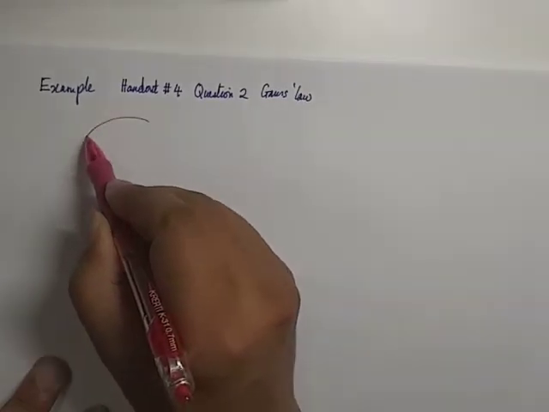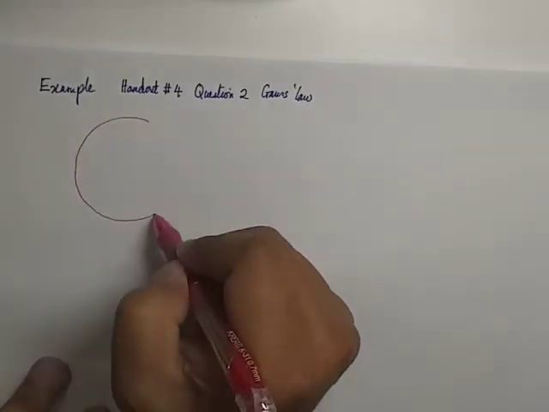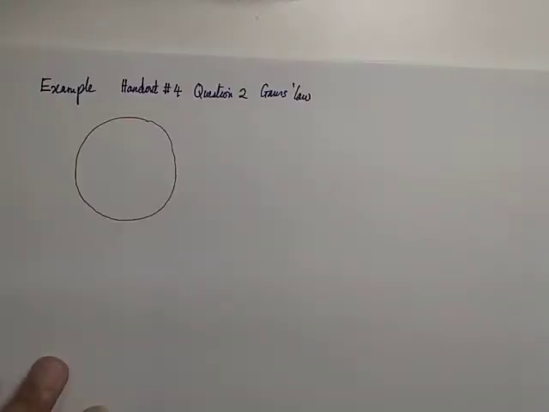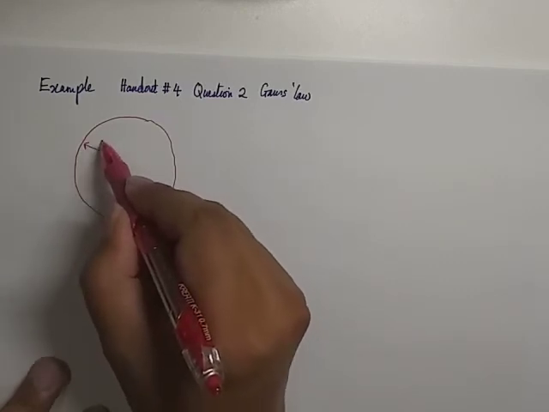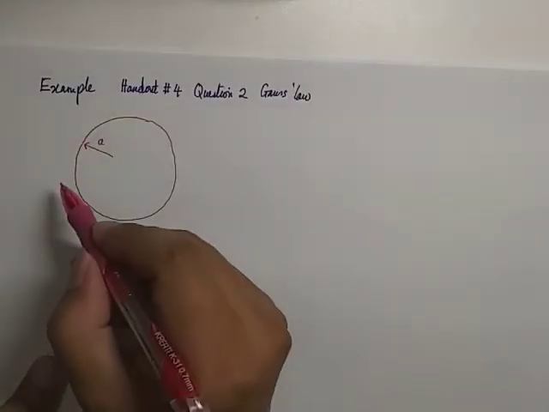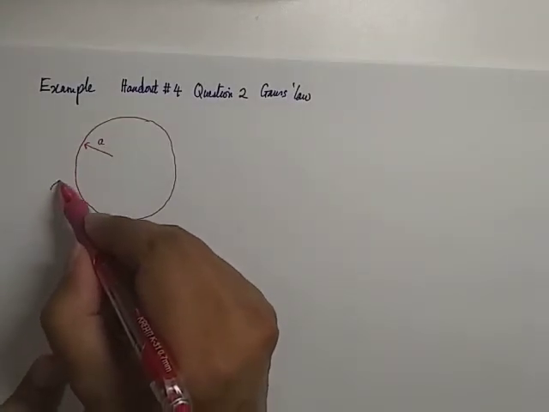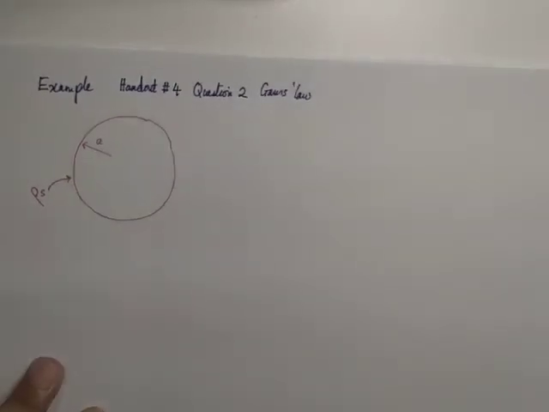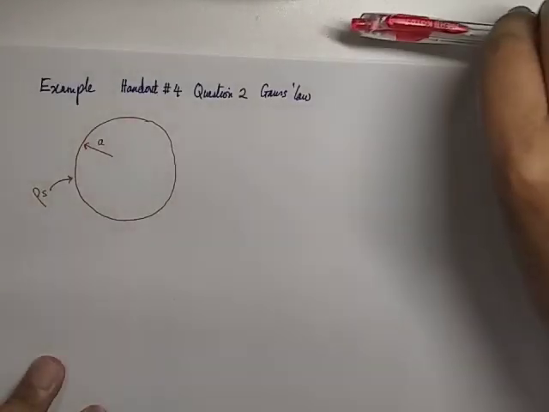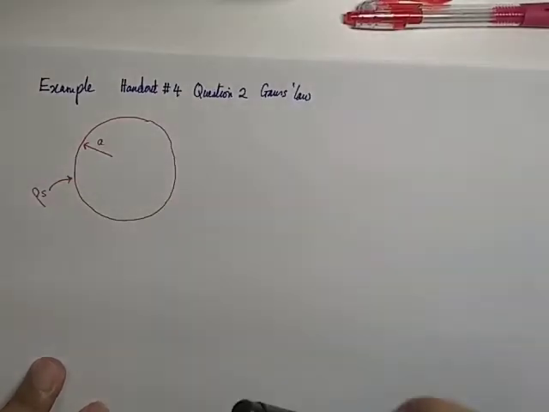You are given a sphere with radius A, and then we have a charge given by that problem consisting of surface charge rho s. So let's say we start with that particular structure, the structure that's quite familiar to us. But the only difference in this example, we want to determine the